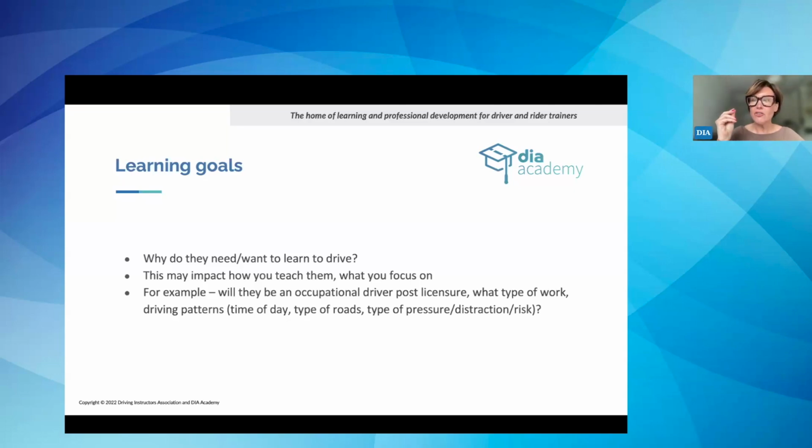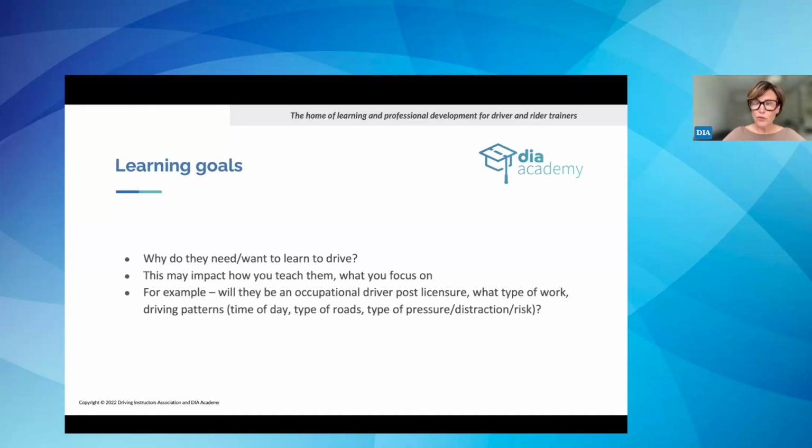It could be they're learning to drive because they are a primary carer and they have the responsibility of transporting somebody and carrying out tasks as a primary carer, which brings with it other dynamics which might impact both their learning to drive journey and them as a driver once they get on the road as well.